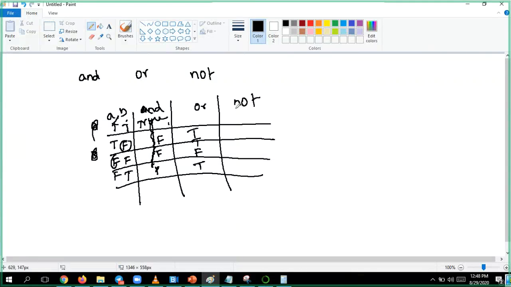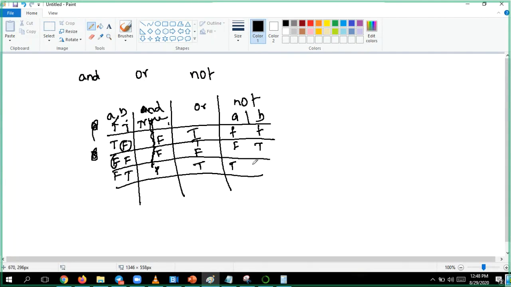For NOT, if you give true as A value, it will become false. If B is true, it will become false.